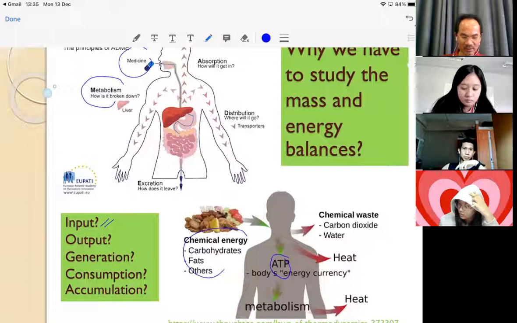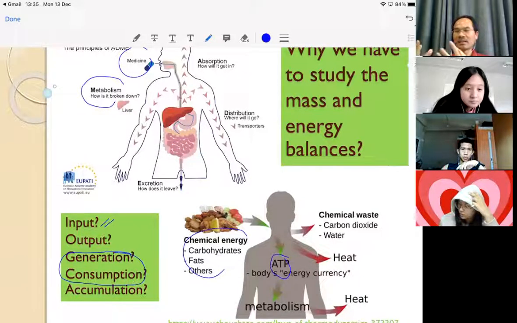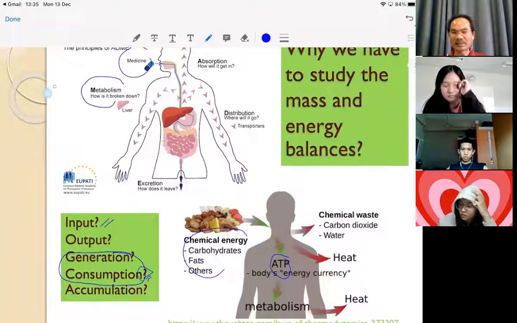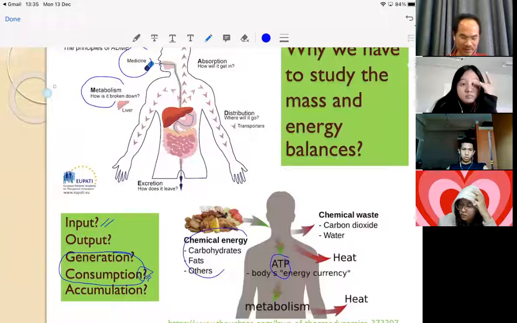Okay. We have generation or consumption in your body. Generation means you get a new substance in your body. You get ATP in your body. What is consumption? Consumption is that your food is converted. Food converts to another substance. Carbohydrate converts to sugar. Sugar converts to energy. So you have some conversion, right? The conversion means consumption, use. And generation means you get a new substance in your body also.